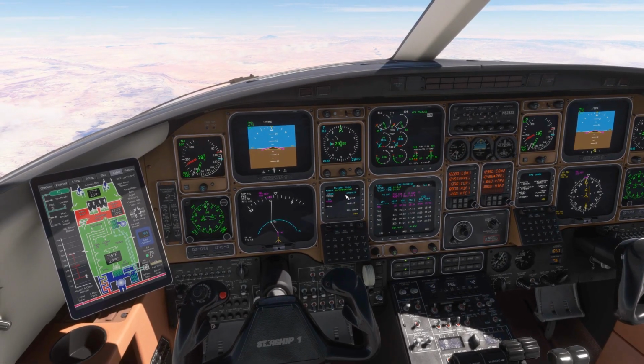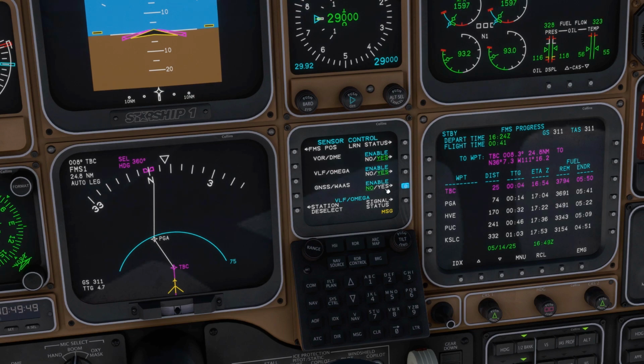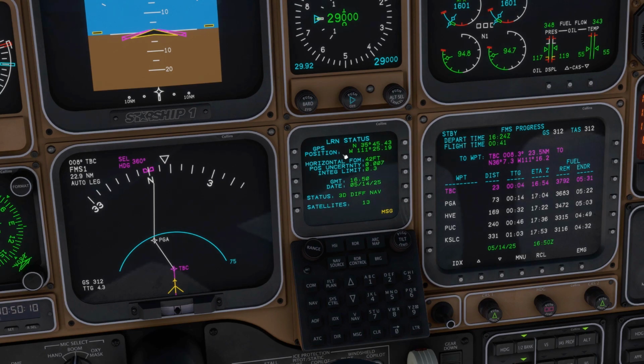To fly with only the original equipment, you can disable the GPS position augmentation from the sensor status screen of the CDU. We can see which sensors are currently being used on the FMS position screen. If we've deselected a sensor or the signal it's receiving does not comport with the current position estimate, it will be ignored. Since most of the time you'll be flying with GPS, GPS satellite position integrity is also simulated and